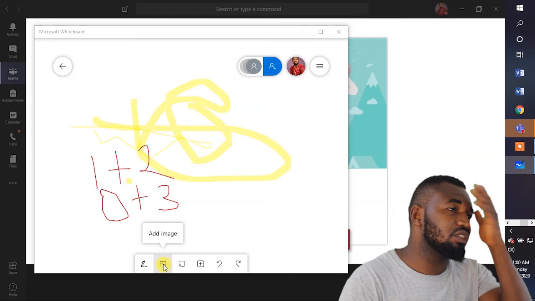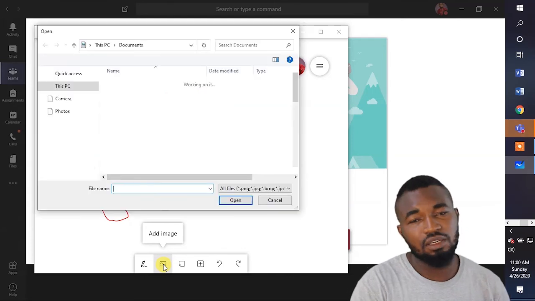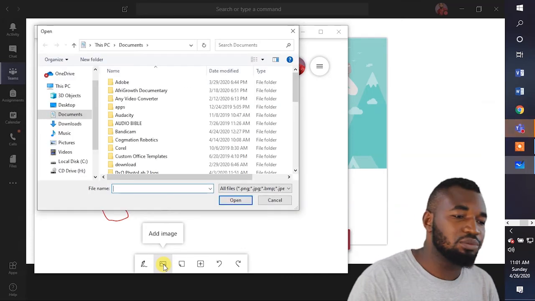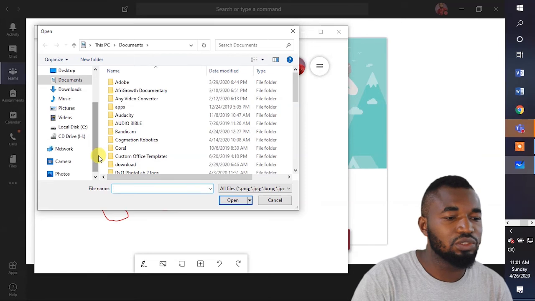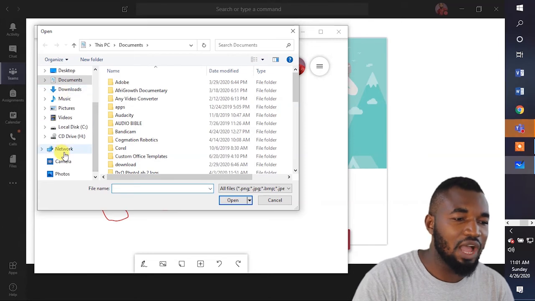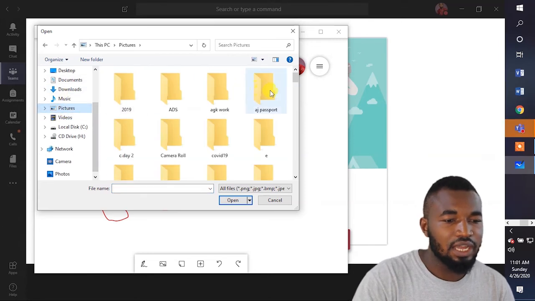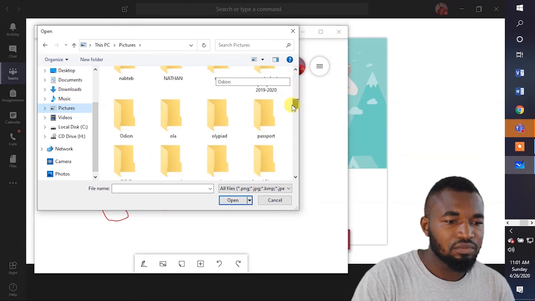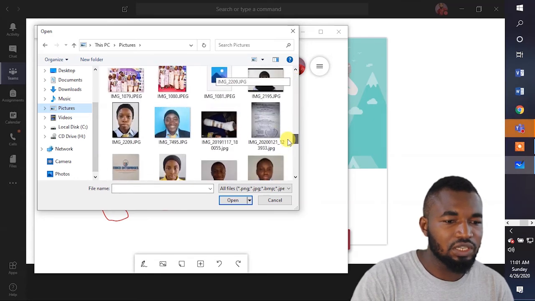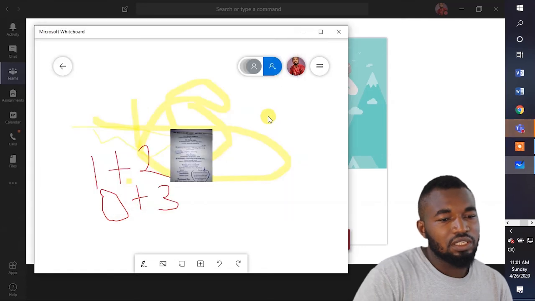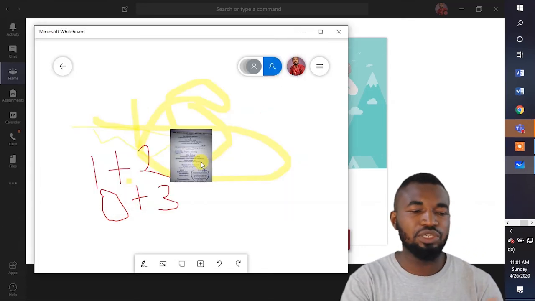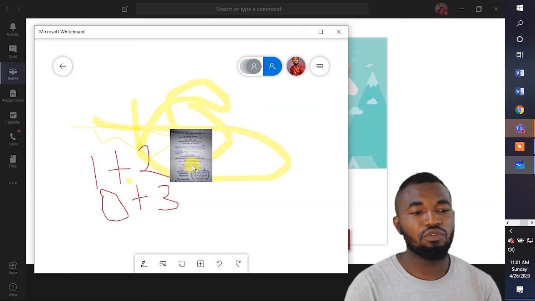For example, those of us teaching biology, you want them to see parts of the body and so on. You go to your folder where you have those pictures and just click on it right away. They'll be able to see it. Now I've inserted a picture. You can use this image for illustrations,